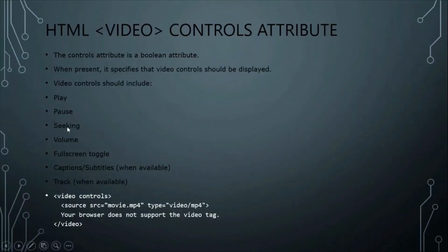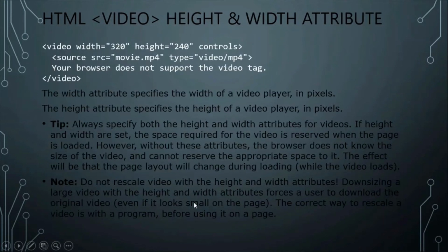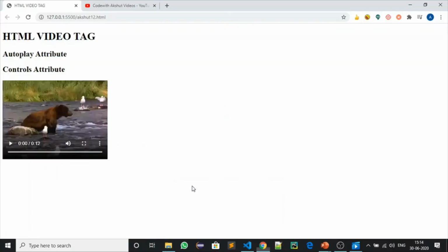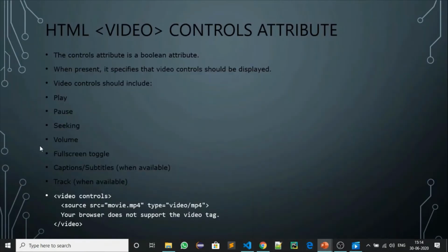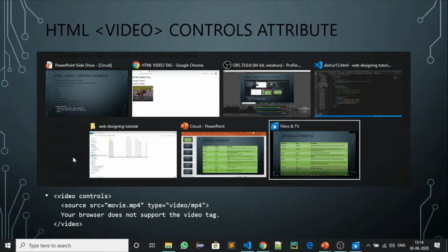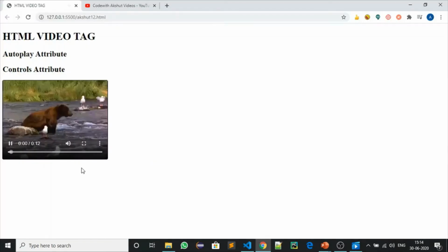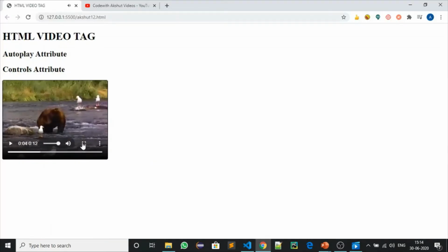Seeking is that seek bar, or you can also call it this duration bar. Then volume is there. Full screen toggle is there. So volume button is also here. Full screen is also here.